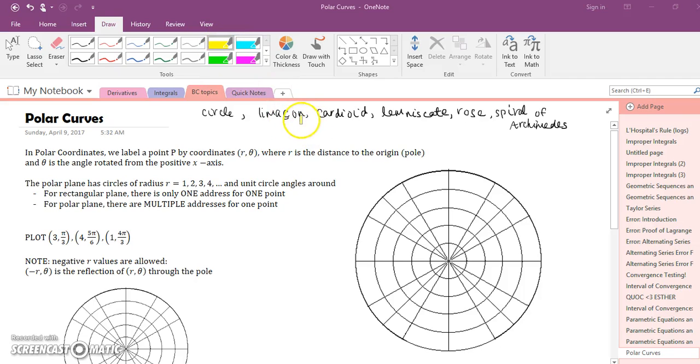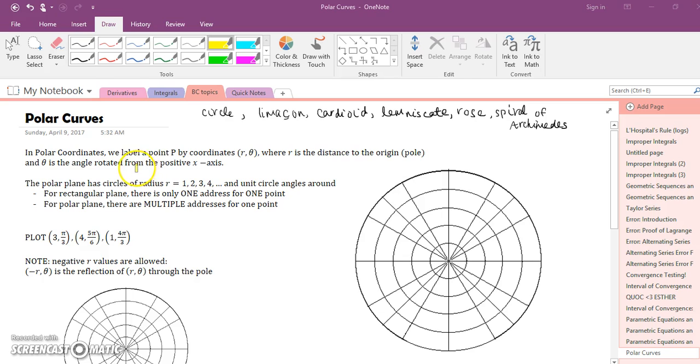In class, you saw the main types of polar curves on the graphing calculator: the limacon, cardioid, lemniscate, rose curve, spiral of Archimedes, and the circle. In this video, my goal is to get you comfortable with the actual polar plane, which you haven't seen yet. You were just messing around with the graphing calculators. So we're going to plot points, and figure out how to get polar coordinates and convert from polar